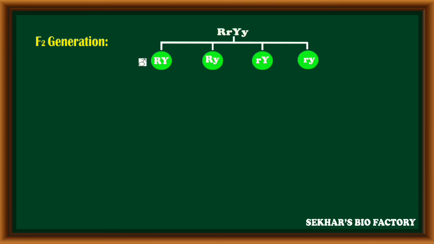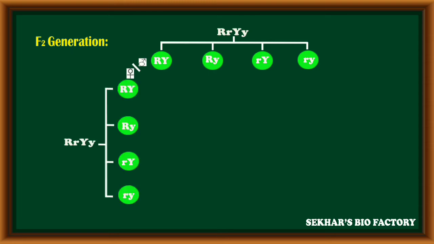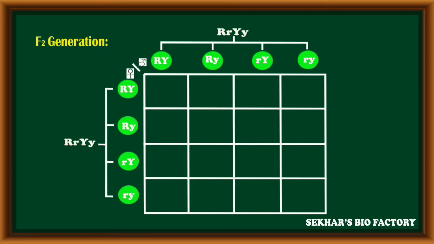In Mendel's experiment, a cross or self-pollination was conducted between two F1 hybrids. One F1 hybrid is considered the male parent and the other F1 hybrid is considered the female parent, because the pollen grains are collected from the male parent and transferred onto the stigma of the female parent. Both parents can produce four types of gametes. The gametic fusion and possible combinations are studied with the Punnett square method.